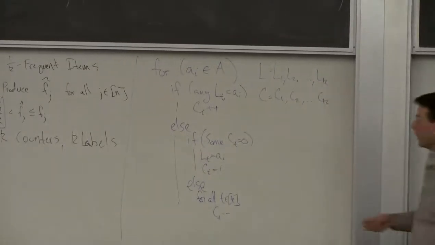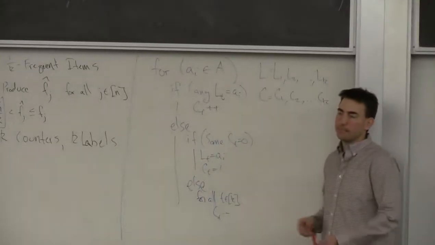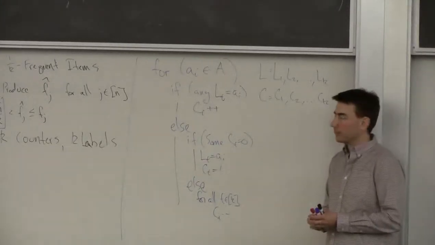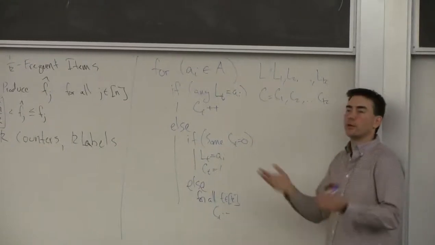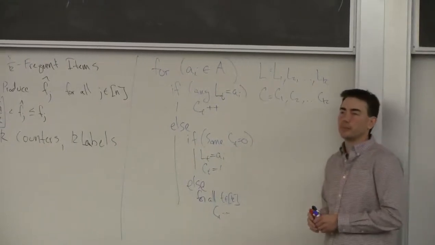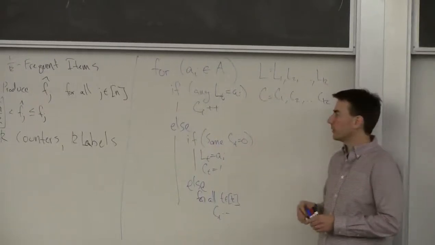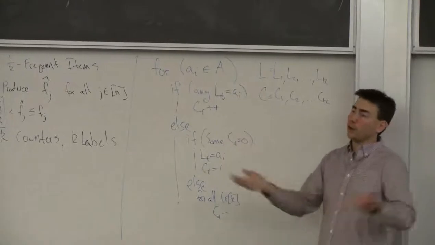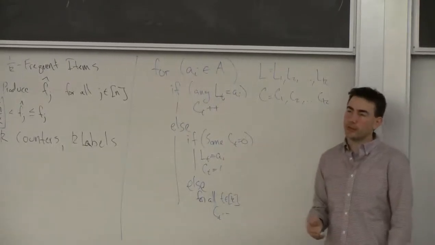Yeah, afterwards you can have several of these counters equal to 0. So when we are in the next step and we are in the else and some counter is equal to 0, you can pick one arbitrarily, it doesn't matter. Just pick any one that's equal to 0 and use it. Right, so the first thing you see in the stream, all the counters are equal to 0. Pick any one of them to use as the label for the first step.